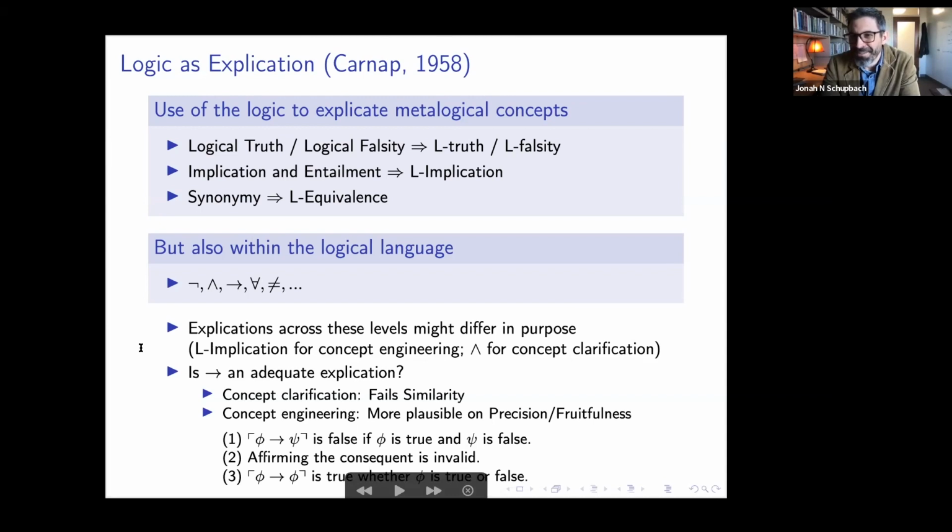and it makes a great deal of difference, right? Because, for example, is the material conditional an adequate explication? It's a really good question. Those who argue that it's clearly not typically think that for reasons that betray that they think of the explication here as intended for concept clarification. Right, the material conditional parts ways drastically, radically from our everyday notion of conditionality as expressed by if-then. So clearly fails similarity, or at least there's very good reasons for thinking so.